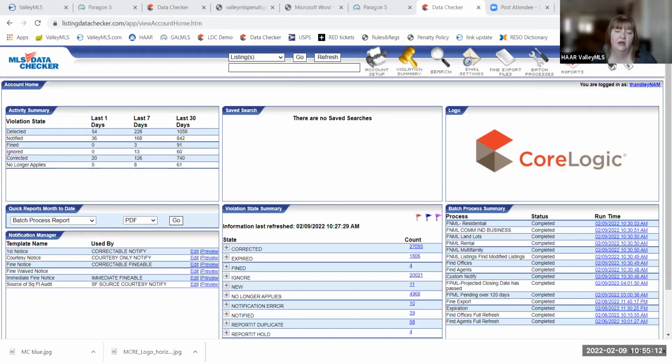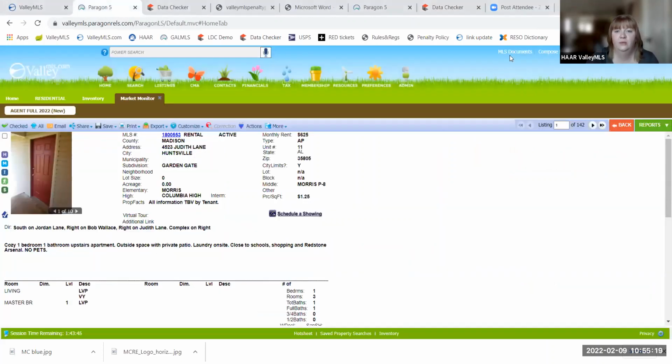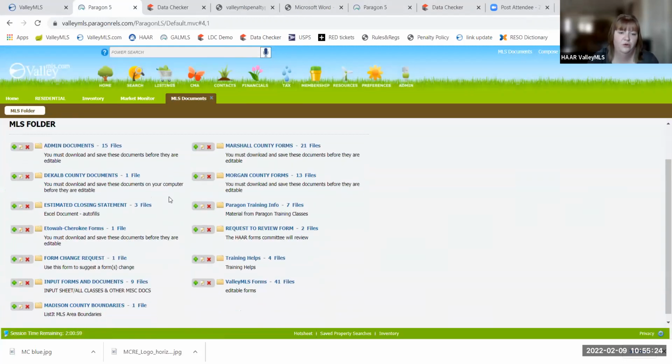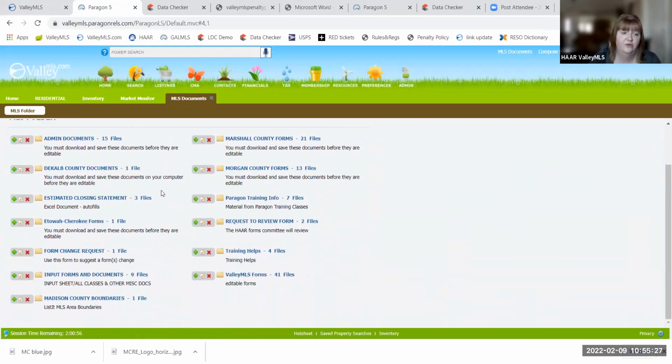I know for sure in MLS Documents inside of Paragon, you can see it. Let's hop over and look at that real quick. Inside of Paragon, if you're not aware, MLS Documents lives up here close to your name. And when you click on that, it brings open these folders. And these should be the same folders that you see inside of .loop. If you're not seeing these in your .loop templates, we may need to get you associated with Valley MLS. So again, send me an email. It's Tedesa, like Teresa with a D instead of an R, at valleymls.com. And I'll send you what you need to get set up. That goes for your agent or your broker as well.